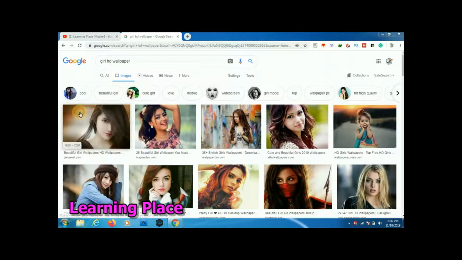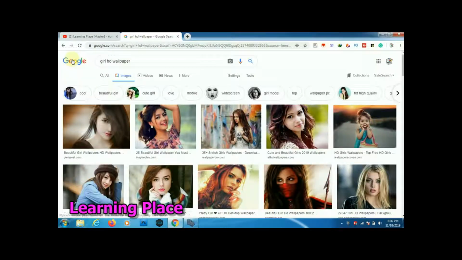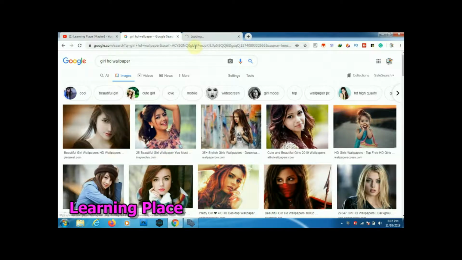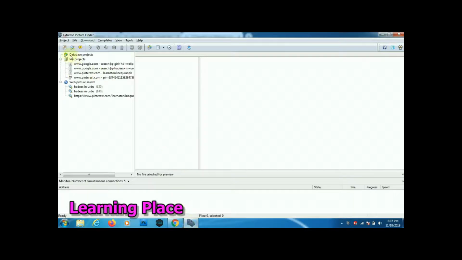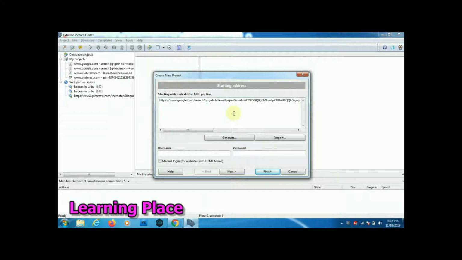Now, click Extreme Picture Finder. If you have any URL, I am going to this URL. To download the images within a URL, you paste it in a new project: you make a new project and paste the URL.